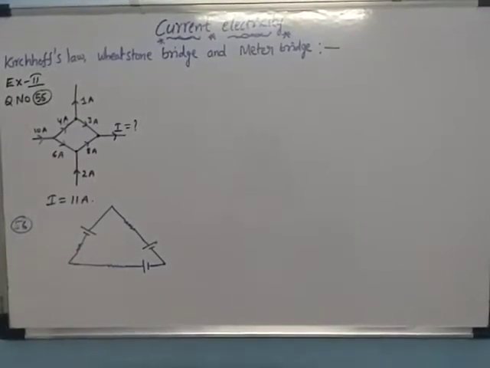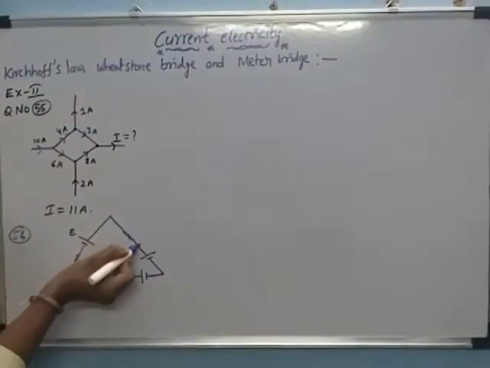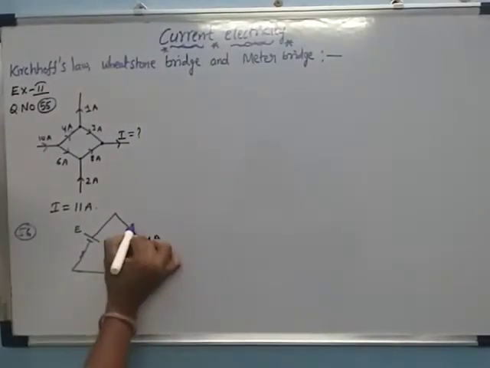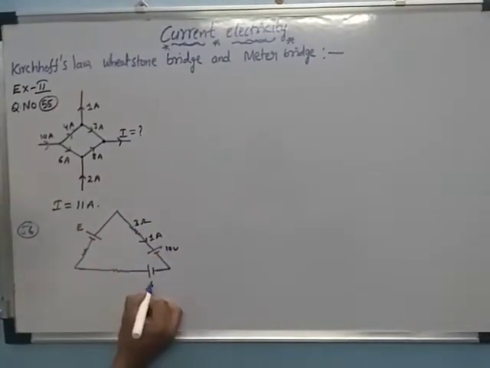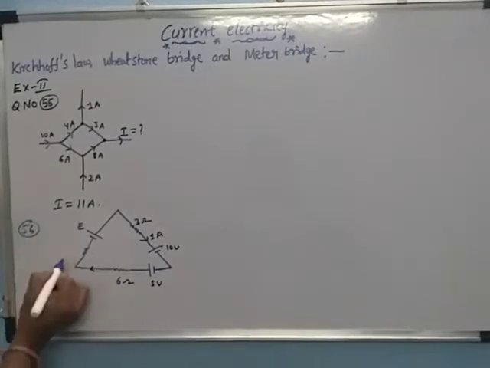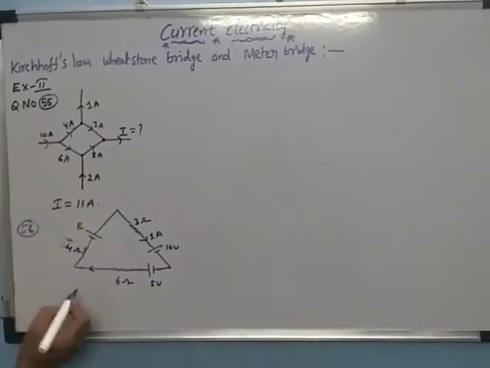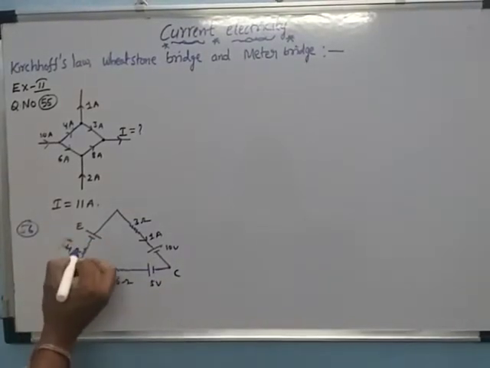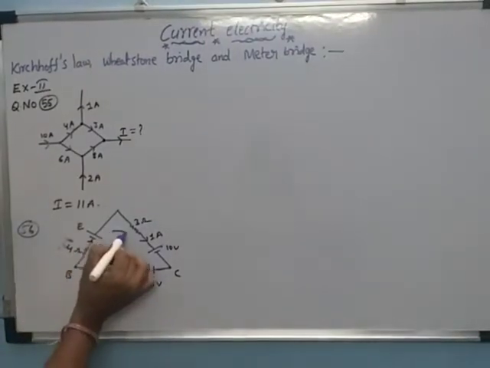Observing here, we can find the value of this battery E, and the direction of the current is 1 ampere. Here the resistance is 3 ohms, here is 10 volts, and here 5 volts, then 6 ohms in this direction, and here 4 ohms. The point we take is B, and this is the C point. This is one loop, and the direction of the current is 1 ampere. Now this is considered one loop.